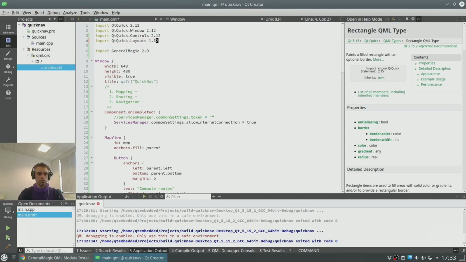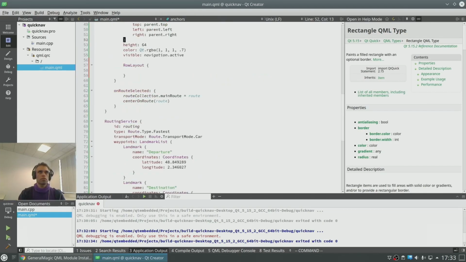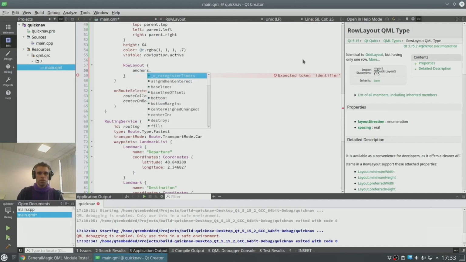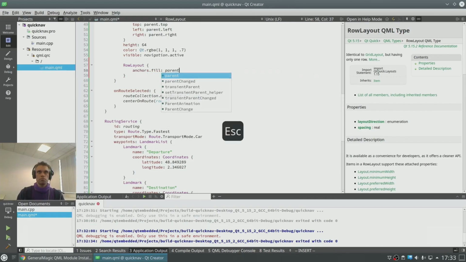Great. And now we have it. There it is. We want this row layout to fill the whole panel we have there. Anchors fill parent. Okay.